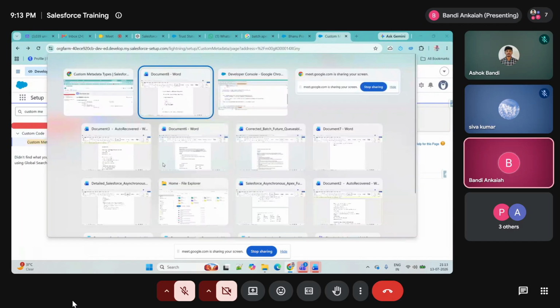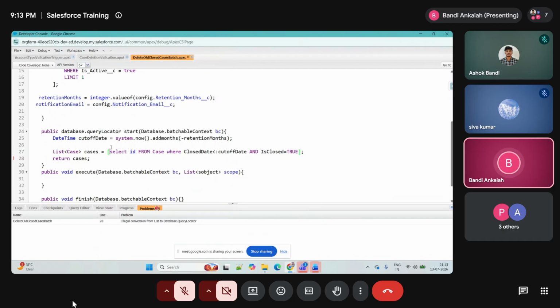Why? Because if you don't use that one, it will hit the limit exception. Directly you can use Database.QueryLocator, or instead of specifying like this, you can use